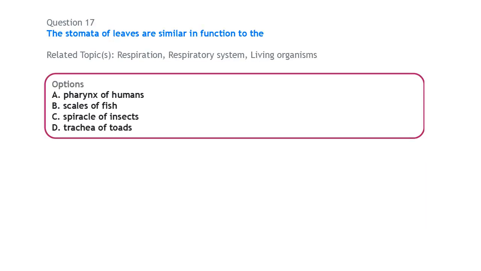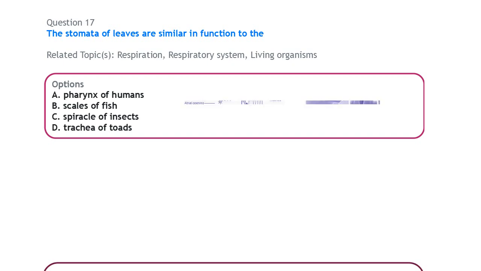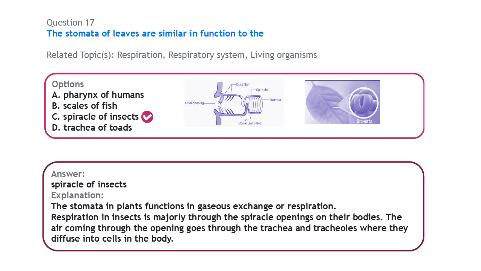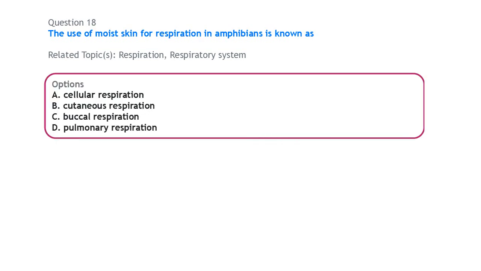Next, on respiration, the stomata of leaves are similar in function to the spiracle of insects, which is used in respiration. So the stomata in leaves and the spiracle in insects both function in gaseous exchange. They have other functions, but one of the commonalities between them is gaseous exchange, or respiration. They function in respiration. Next, on respiration as well, the use of moist skin for respiration in amphibians is known as